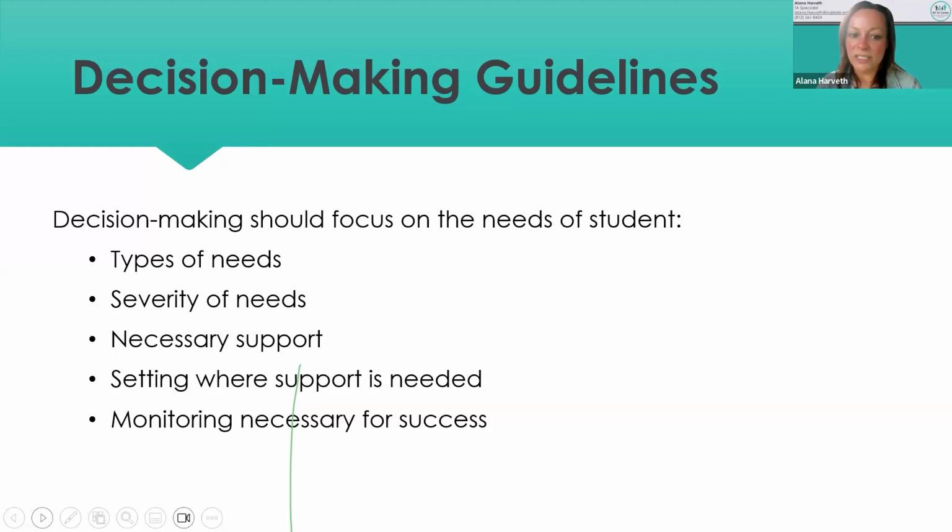And then monitoring necessarily for success. So we're going to talk through that and look at what data we can collect. So we're like, okay, this student is able to do this. I'm going to step back a little bit as a para, and maybe I can help a different group in the same class. So we're not going to make you get out, you're always going to have a job, but there might be some students that'll be able to gain those skills, and then you can help other students that we know could use some help.